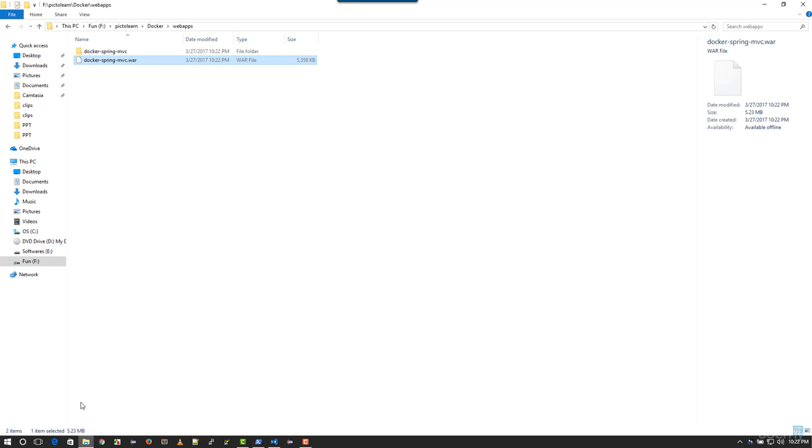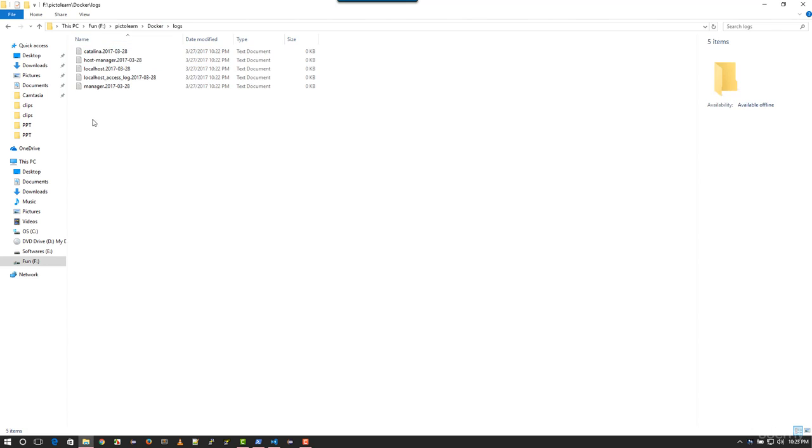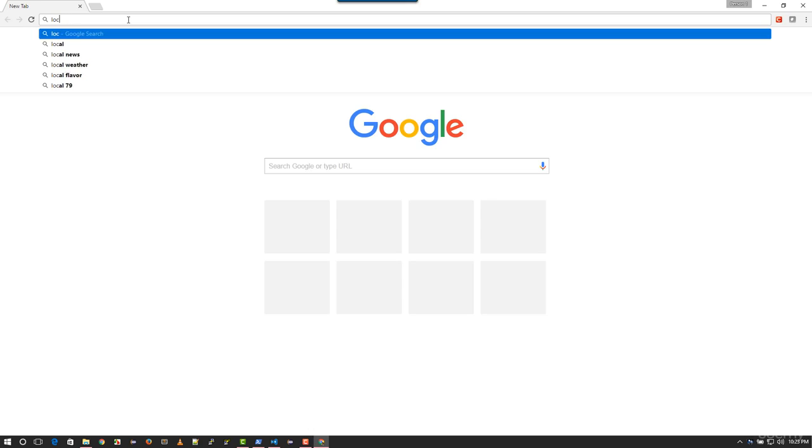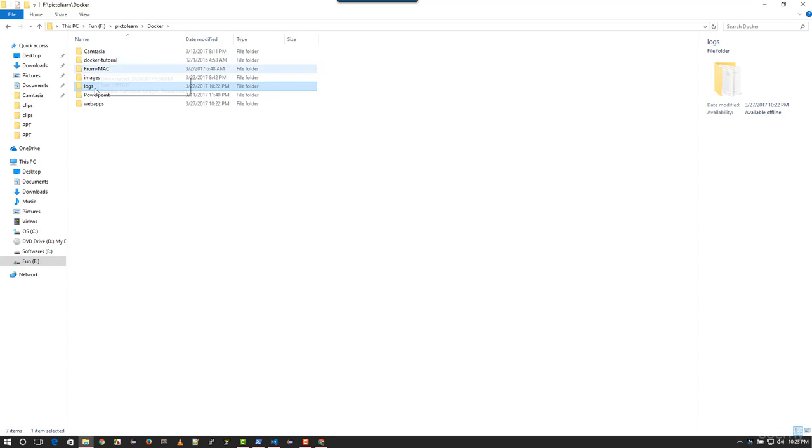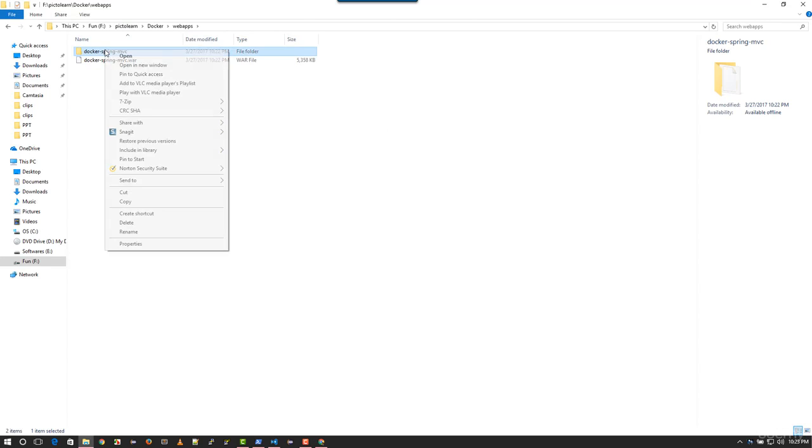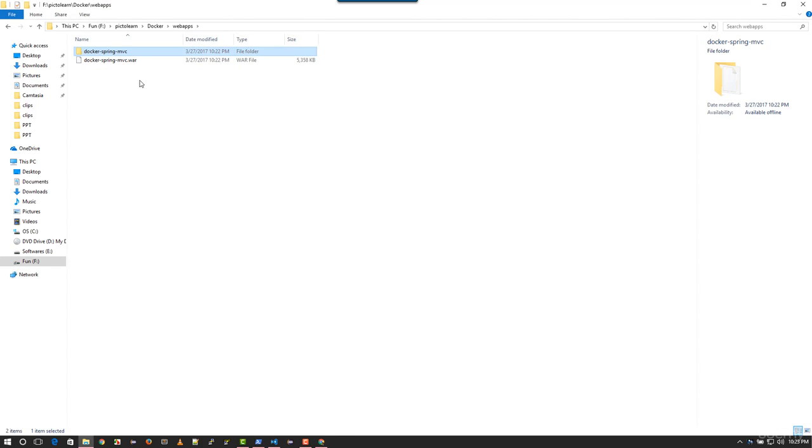Let's go back to the drive. As you can see, this WAR file was exploded. Now let's go take a look at the logs directory. As you can see, the log files are getting generated. These log files are nothing but the log files mounted inside the container. So if you go back and hit the page, now remember, you need to specify the name of the WAR file. So in this case, it's going to be